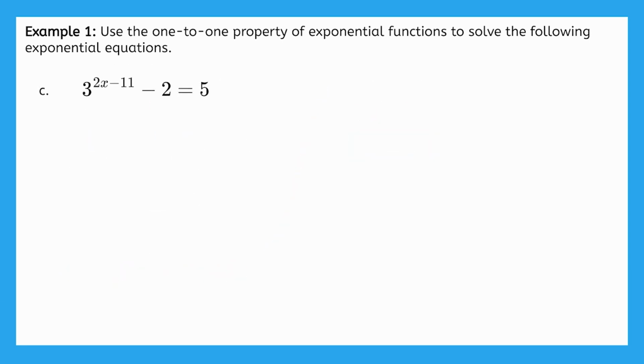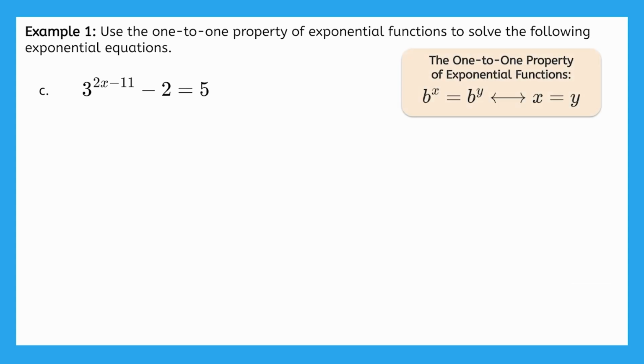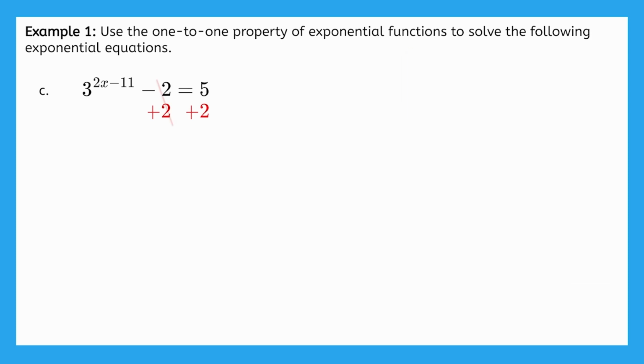Let's do one last exponential equation. 3 to the 2x minus 11, minus 2, equals 5. How would you start solving this one? We first need to take care of the fact that it's not in the correct form to apply the property. We need a single term on each side of the equation, but on the left side we have a -2. We can address that by adding 2 on both sides, and we get 3 to the 2x minus 11 equals